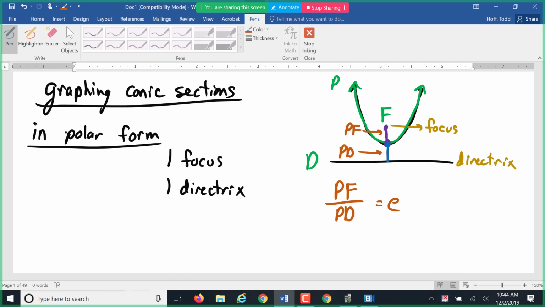Oops, I got that wrong. It should be point to focus, focus to directrix. Like that. So that eccentricity describes for us not only how the conic section is formed,